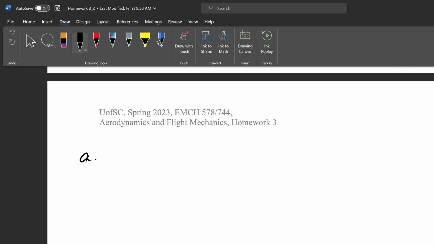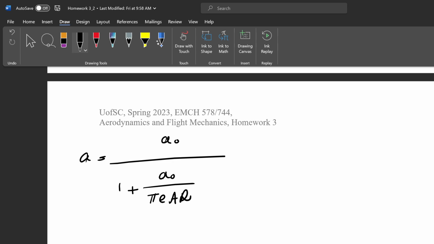We actually have done this once before. It is a naught divided by 1 plus a naught divided by pi e AR, or we are given tau, so I'm just going to use that other equation. If you plug in all of the numbers which we have for a, you are going to find